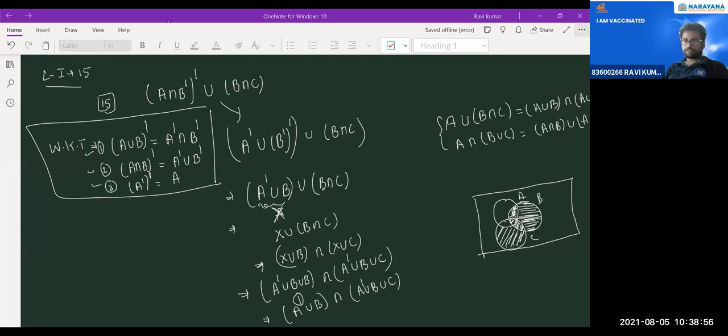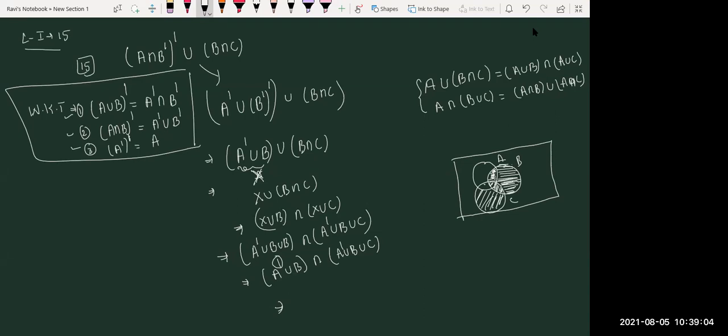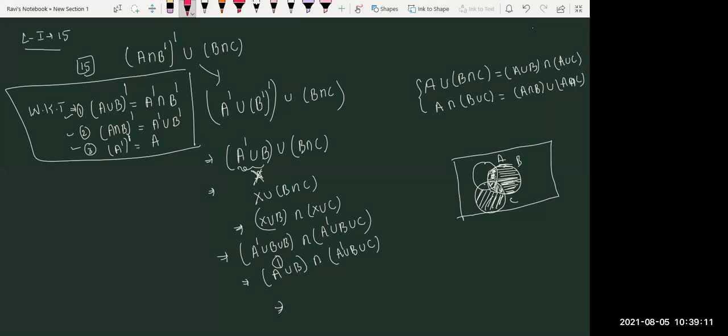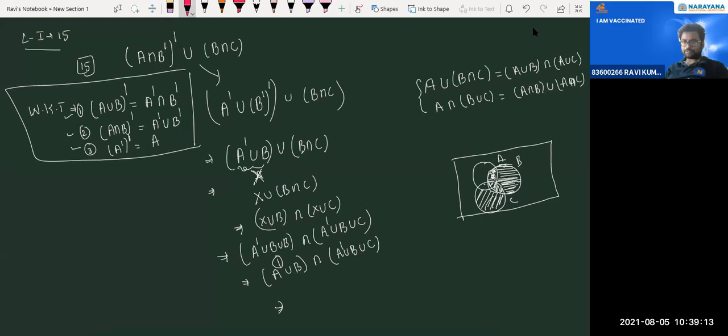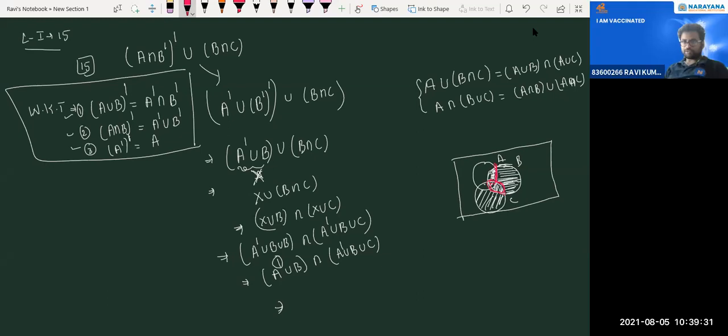Which is the common part here now? The intersection part will be this, with the coloring I'm drawing here. Only this part will be the intersection part, correct? For everything, is this the intersection part or not? Yes, sir. Because A will not be there. I'll repeat again. A will not be there. This is the only intersection part.